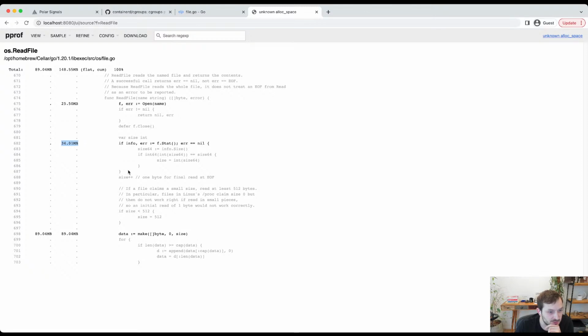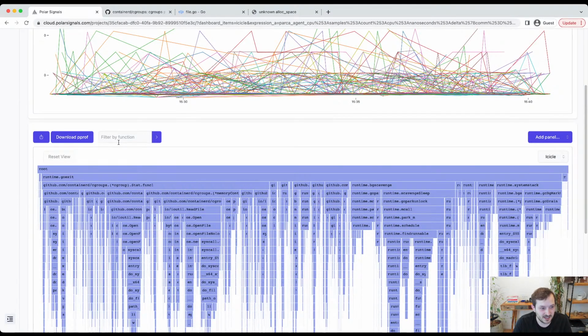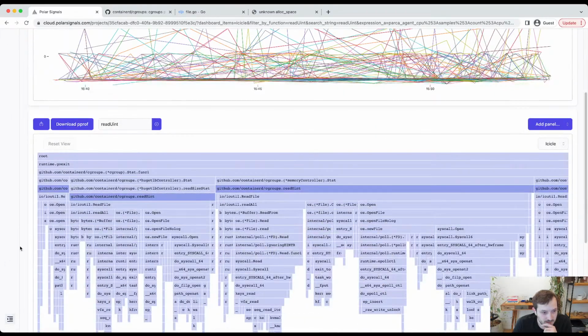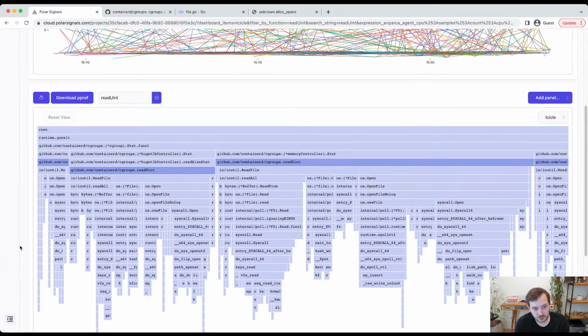Another good portion is spent in stat, also interesting. And then ultimately the big allocation is happening in this byte slice. Hey, yeah, Matthias. Yeah, so maybe recapping, what we found is there's this function in containerd that is used a lot, and essentially what's happening is containerd keeps kind of reconciling that the memory limit, the